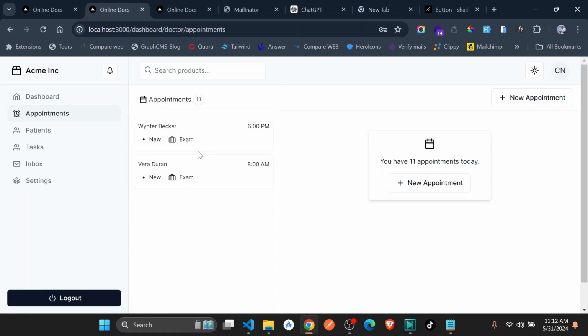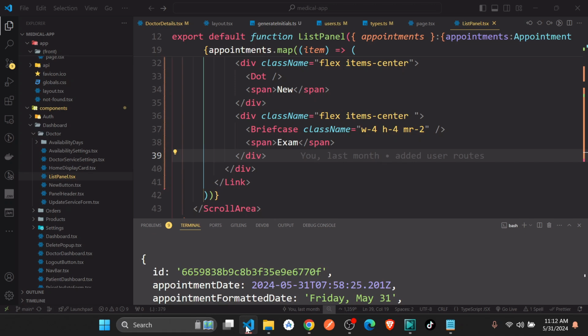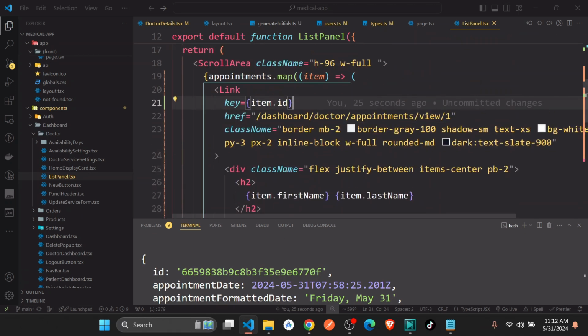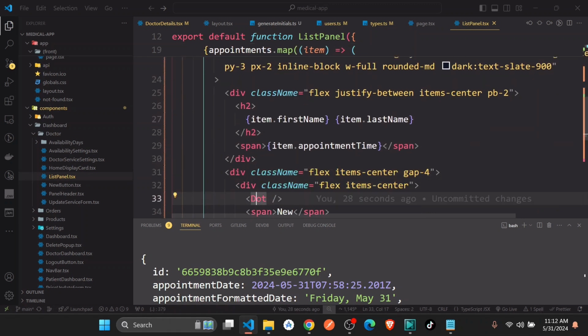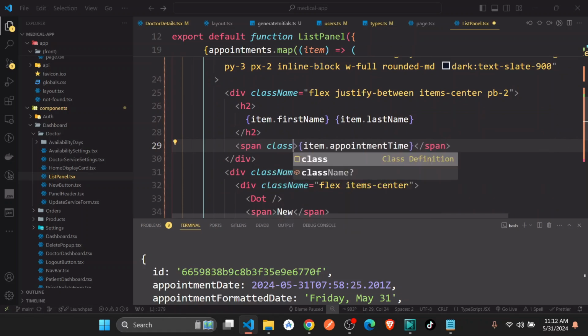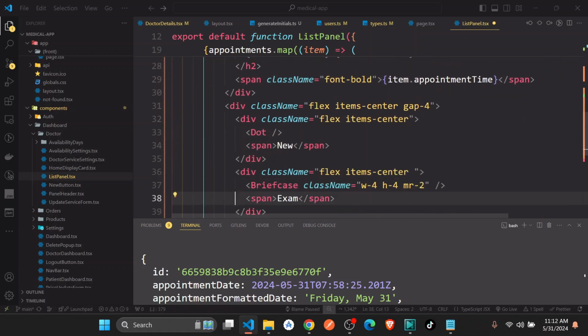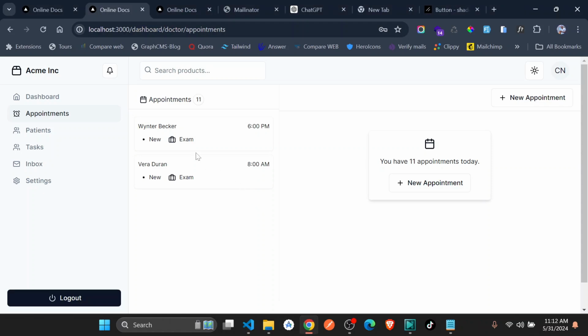and I'm just going to write here on the time, and I make it maybe somehow bold. So the time, appointment time, just give it a class, a font bold. Okay, and then I think we can just have other details we can have here. We have this. Okay, then